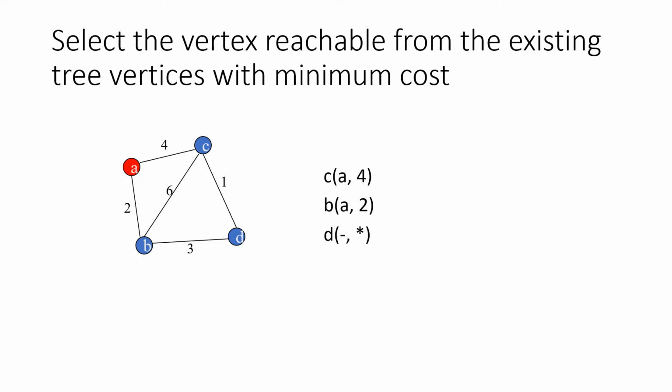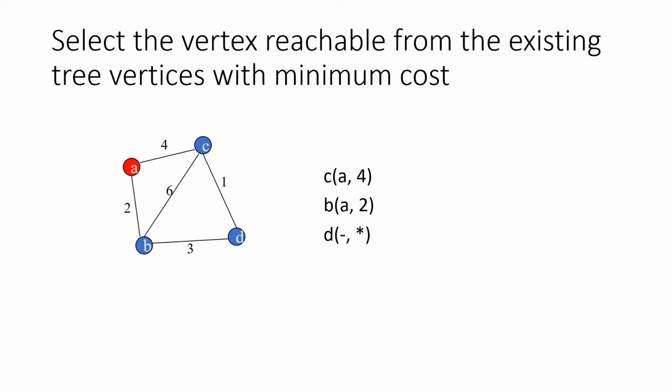So why are we taking only A into account? Because this is the only vertex now present in the minimum spanning tree. That is, it is the only tree vertex. So from that vertex, we try to reach the remaining vertices through a direct edge, right? Since there is no direct edge from the vertex A, we don't have one, right? So I have indicated, since there is no source vertex, underscore comma star, it means that the distance is undefined.